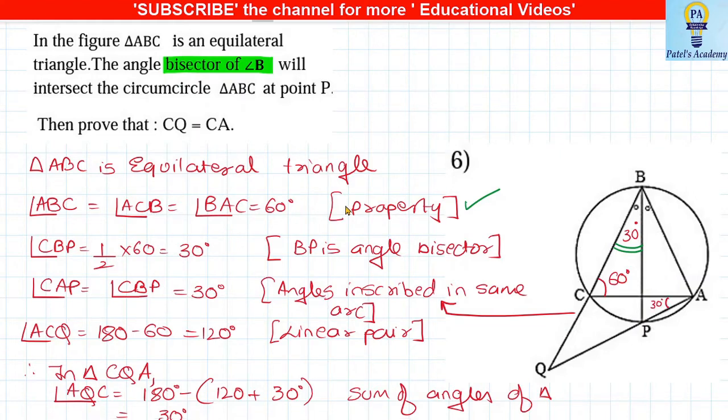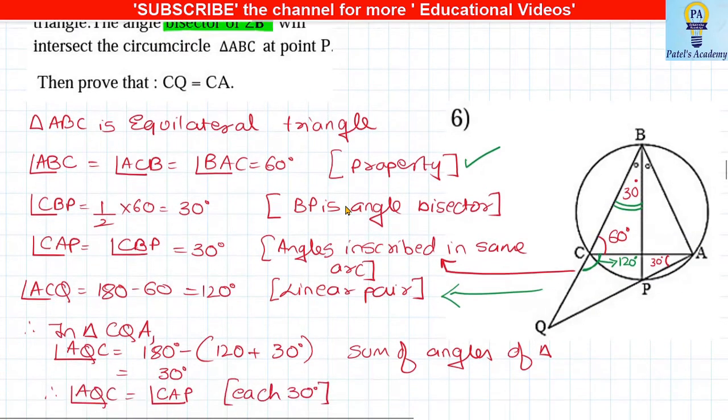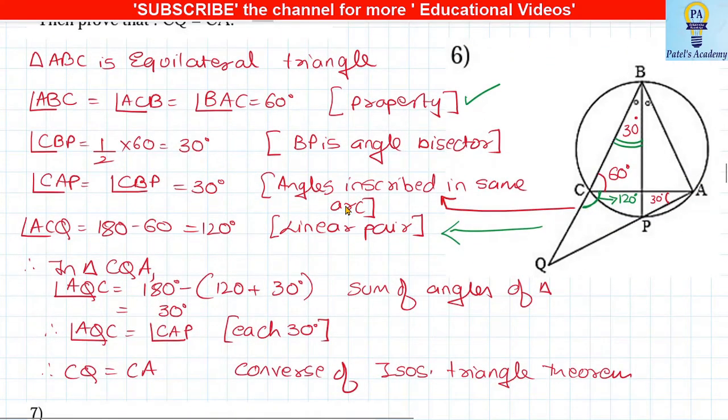Now again have a look at the figure, students. If angle C, single letter I'm using again, is 60 degrees, this angle is going to be 120 degrees by linear pair. That step is here. Okay, by linear pair. Now the last few steps, again have a look at the figure.